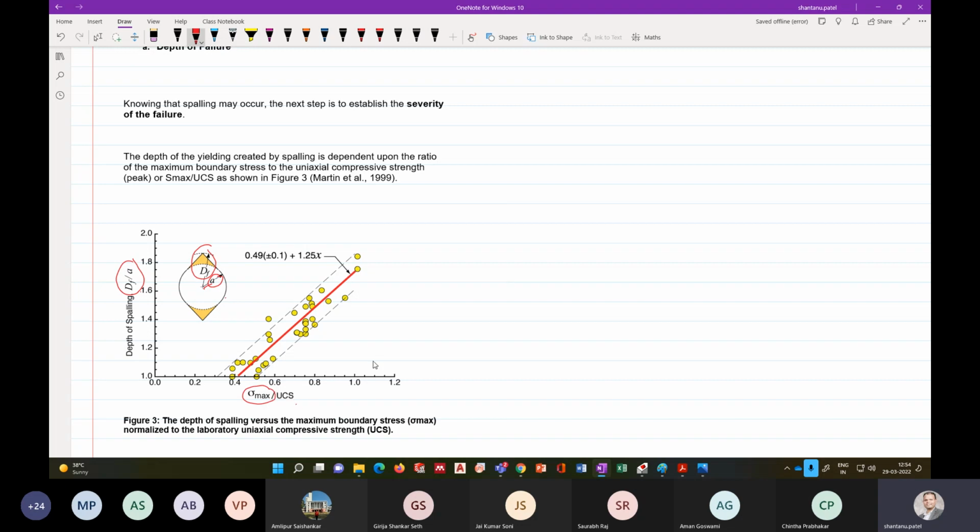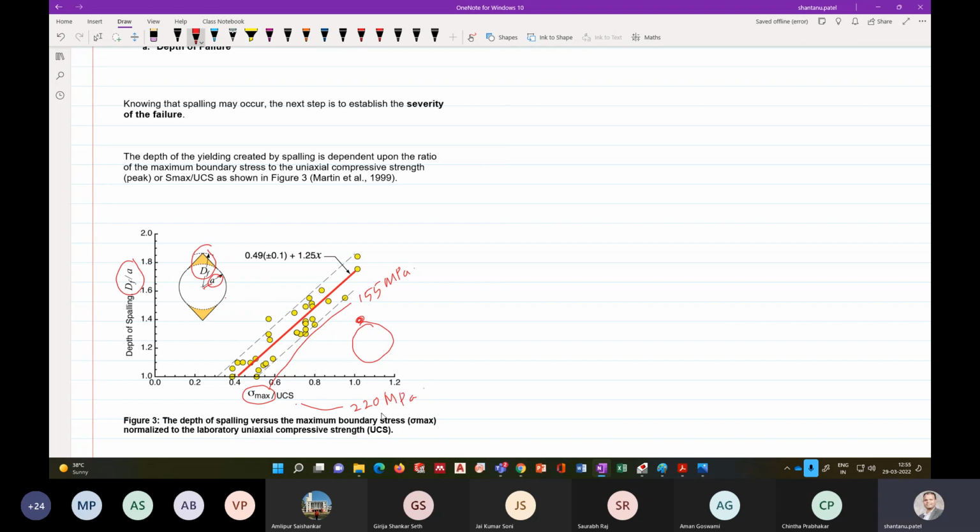So if you know your sigma max at the boundary, let's say 155 MPa, and the UCS of the rock is 220 MPa,